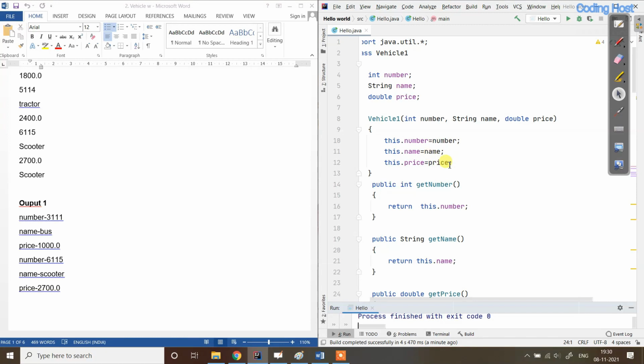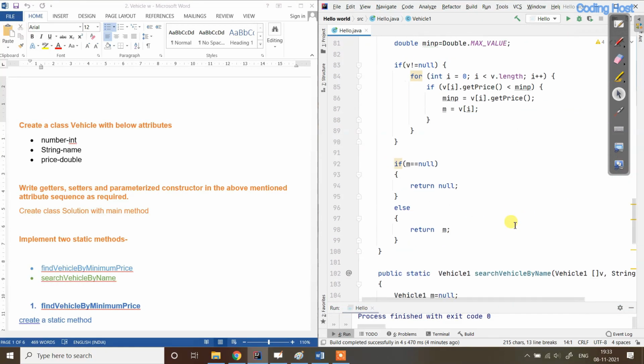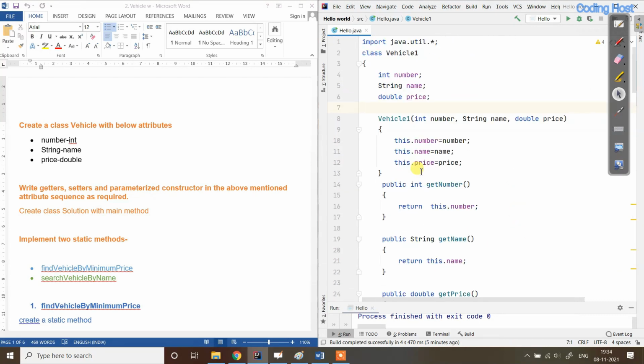One more thing, you can see that I have not written any setters here, because in this program we did not require any setter. But in some programs you also have to use setters. So whenever you are writing the program in the exam, don't write all the getters and setters, because it will waste your time. When you are writing the program in the static method, then you will come to know which getter and which setter you have to use. So only at that time write the getter and setter. So this is how you can write this program very easily. Thanks for watching.